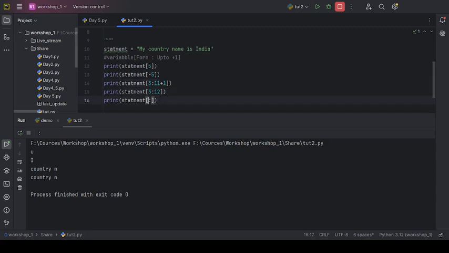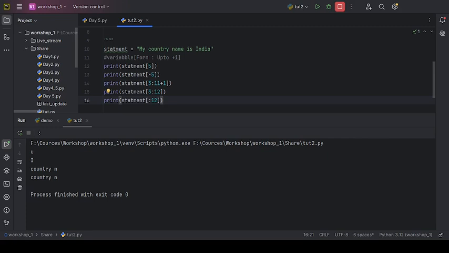So this time we will be passing nothing. If we want to print the statement from the starting up to, let's say, 12, in the from place we will be passing nothing, and at the till place 12, it will print till N.